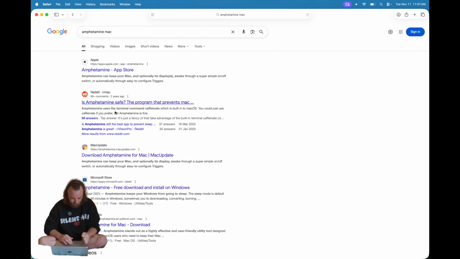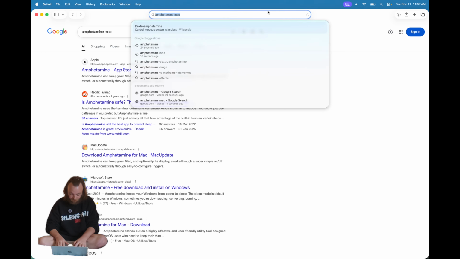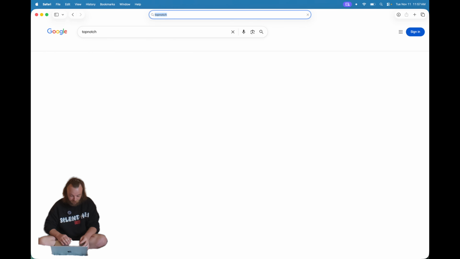Amphetamine on the Mac Store. App Store, really? Anyway, it basically just runs in the background. You can click it. It'll stop your laptop from sleeping while you're doing a download or for a certain amount of time. Works well. How could I forget this big ugly thing in front of me that you can't see on